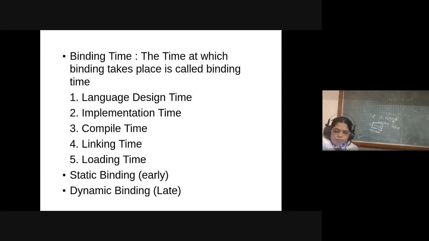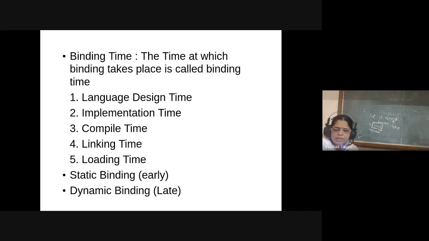At linking time, the scanf and printf functions are linked with the stdio library you have included in your program. That is the linking of that function with your library file, the linking time of binding.